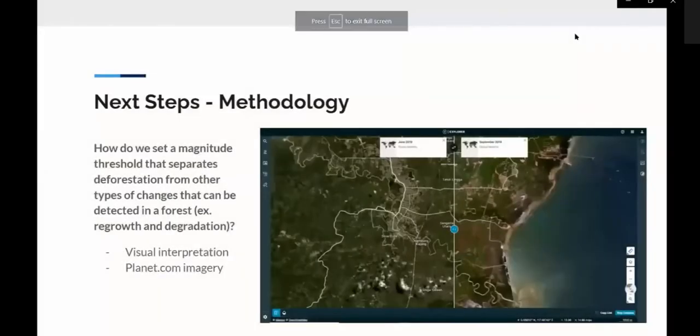So what are some of our next steps? Maeve talked about a couple, but I'll speak about some of the more methodology related next steps, and then Maeve will continue and finish at the end with steps related to building the app. So we're currently deciding a process for determining a threshold at which we can define a pixel as a part